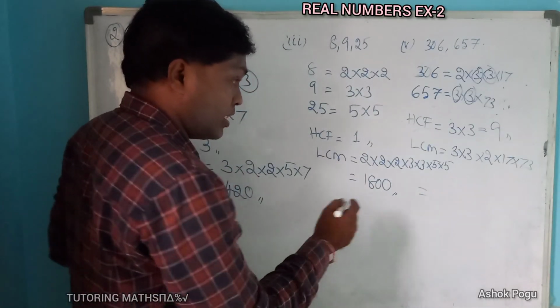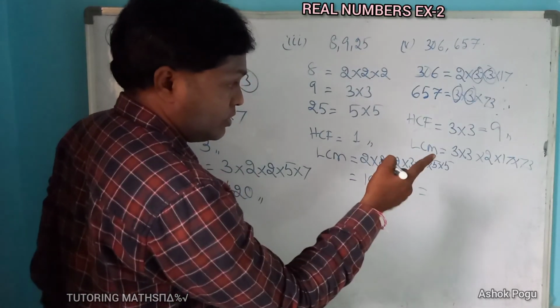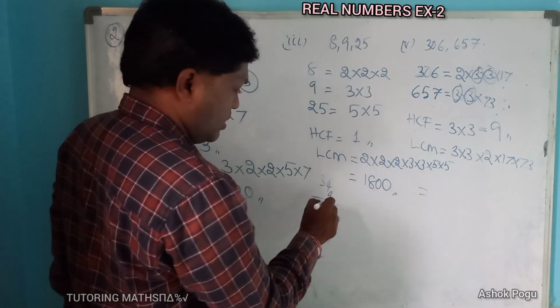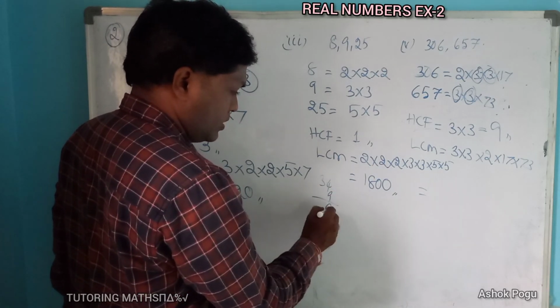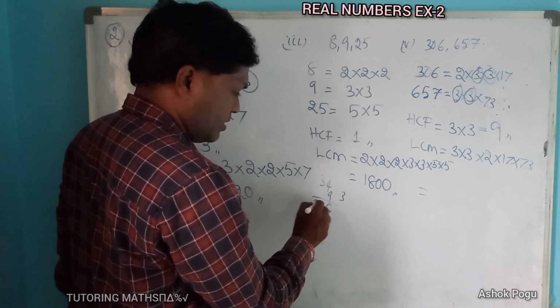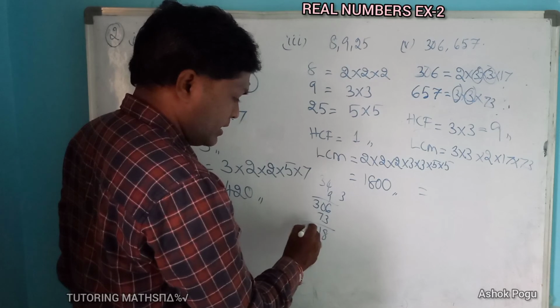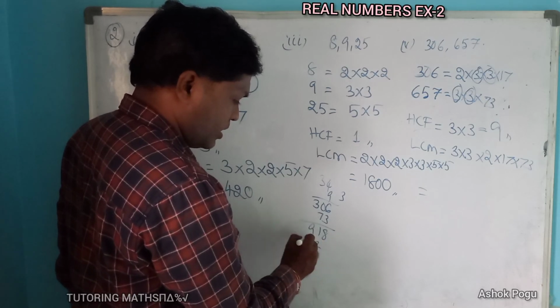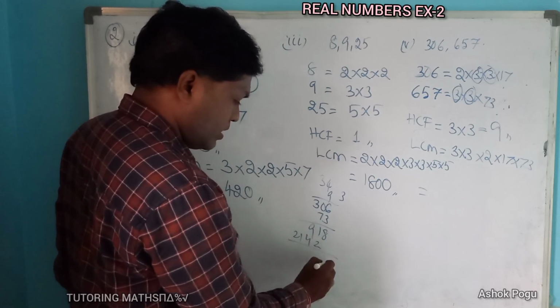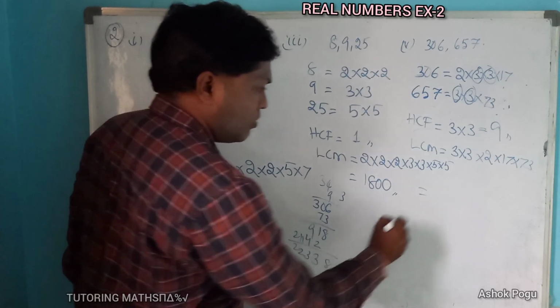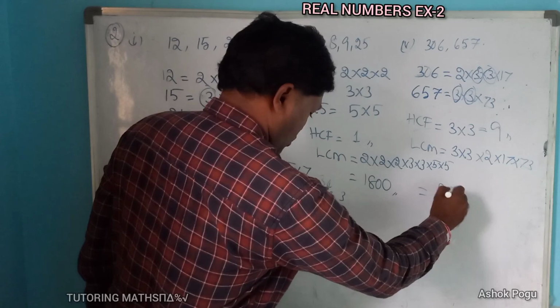Multiply them. 18 17s are 306, and 306 into 73. This is the 18, this is the 9. 7 6s are 42, 7 is 21, 8 3s are 24. Now the LCM is